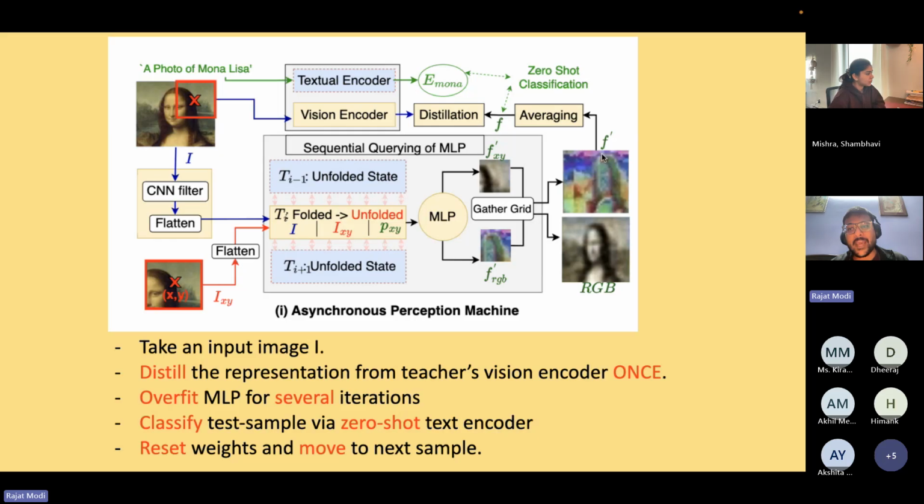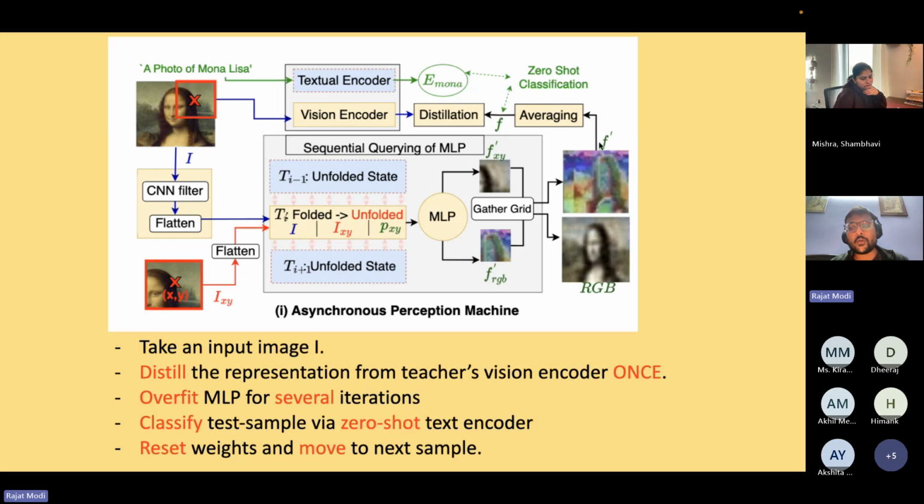get the feature f dash. And the loss you are using to train the network is basically you're trying to make this f dash as similar to f as possible. So it's just an L2 loss. There is no self-supervised learning. There is no SSL task you are doing here. You are just trying to predict this same feature f. So you're trying to make f dash equal to f approximately.